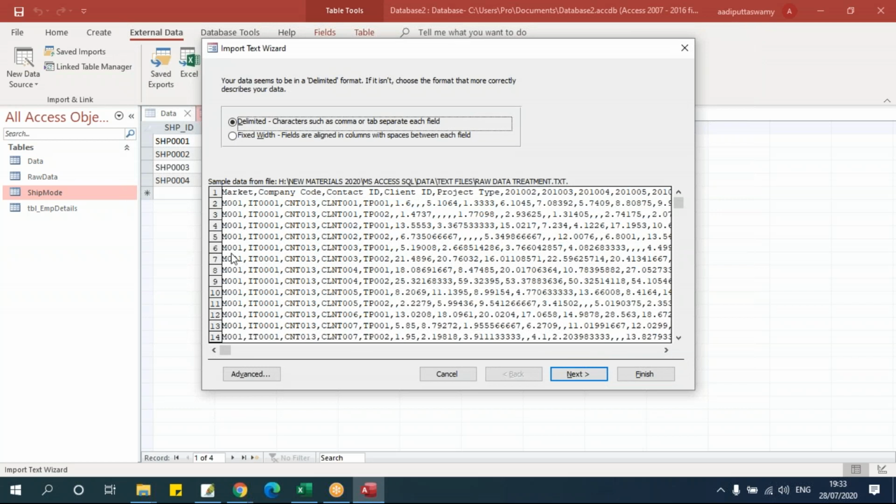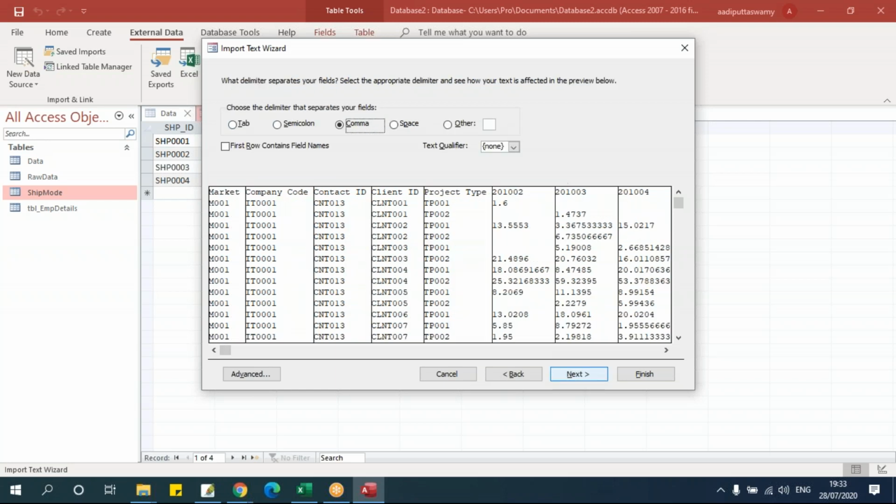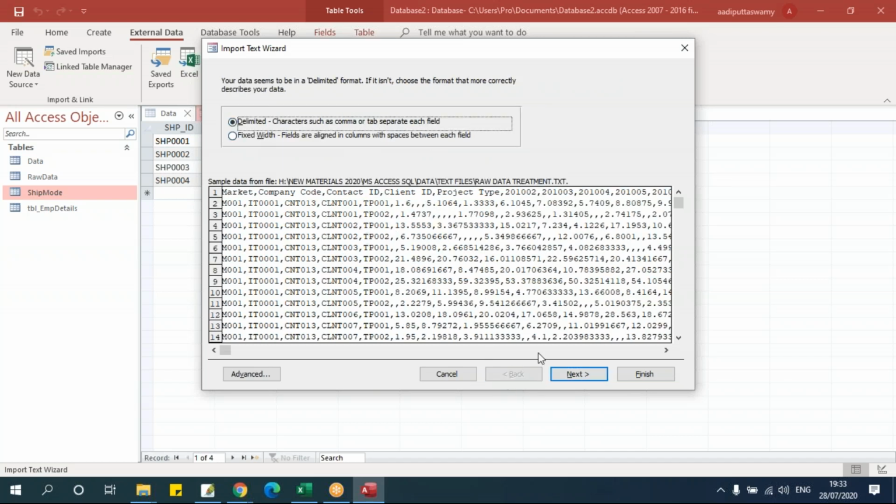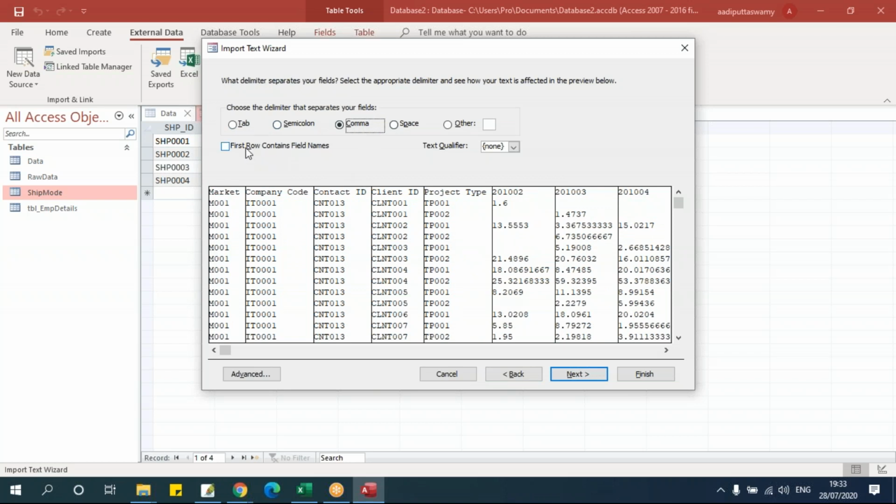When I say OK, you can see this is exactly like in the Excel sheet, that is text to columns. Similarly, I'll get a window like this wherein it will say delimited and fixed width. Delimited means it will take the character which is separating the data into different columns. I'm using this comma separator as a delimiter, which means the data is getting separated by this comma. Say next, and here it will ask what the delimiter is. The delimiter is comma.